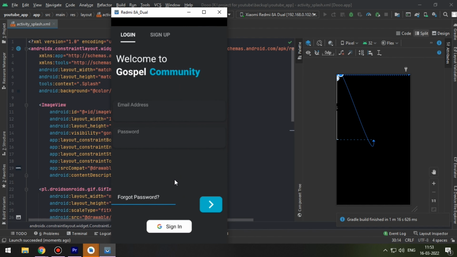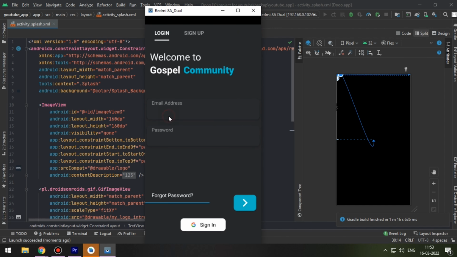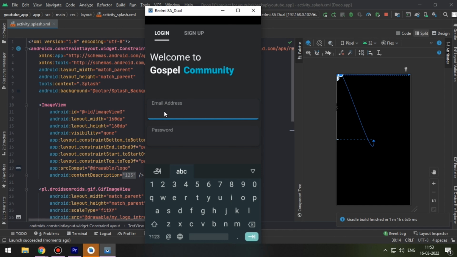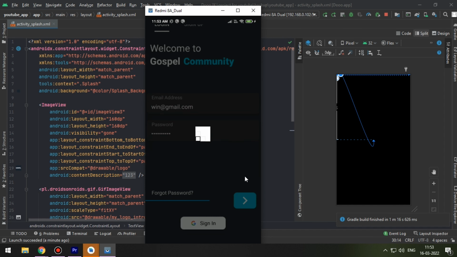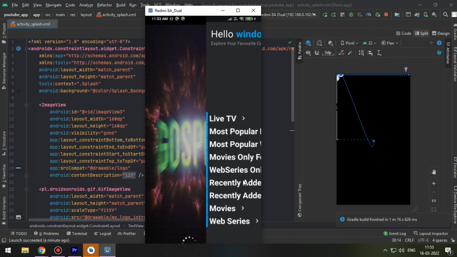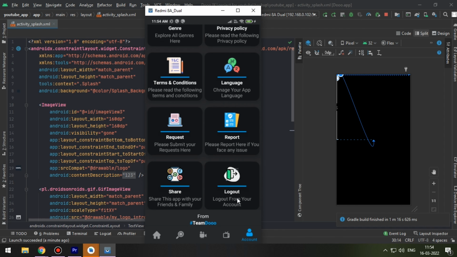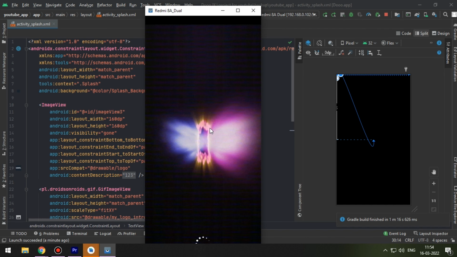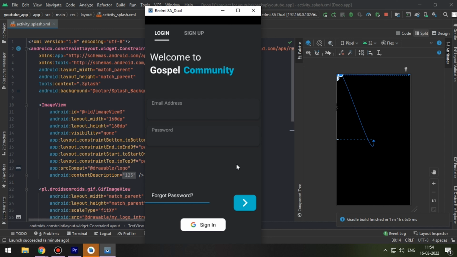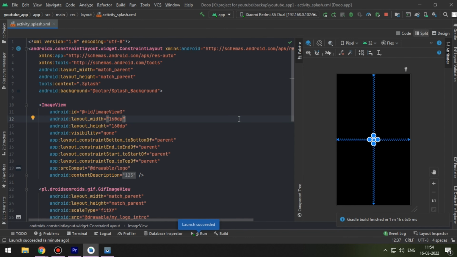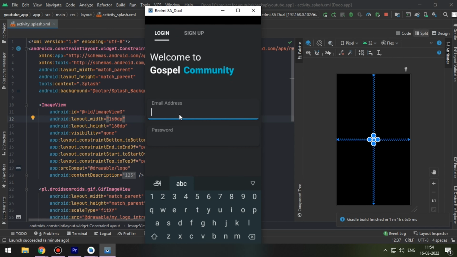You can ask, hey brother, why can't we just use our MP4 file directly? The answer is simple. Video files take lots of mobile graphics and make your app use lots of system resources. Sometimes, it leads to app crashes on low-end mobiles. So my suggestion is to use GIF animation. If you still wish to, you can use this with a video view, but I won't recommend it.